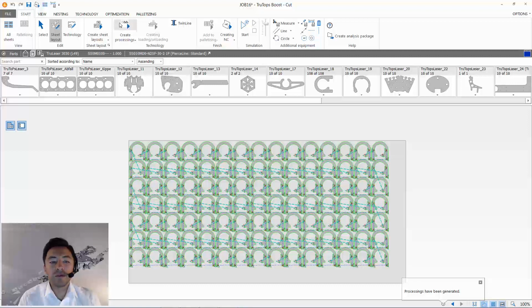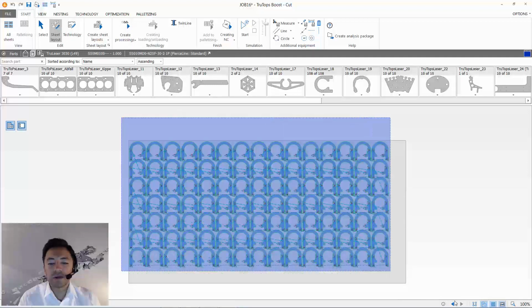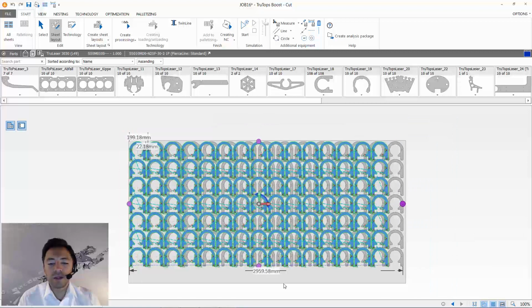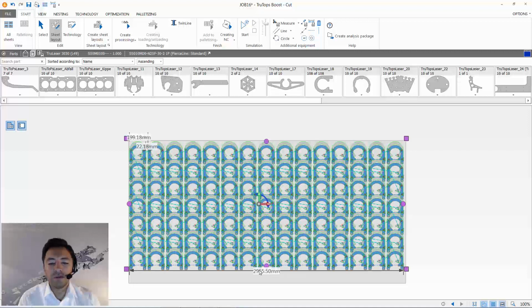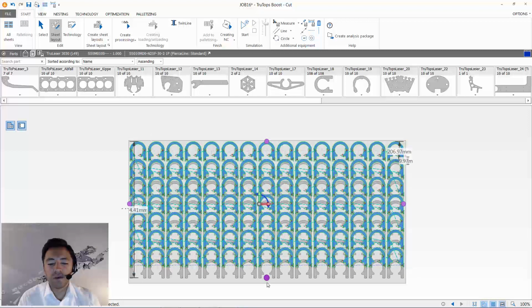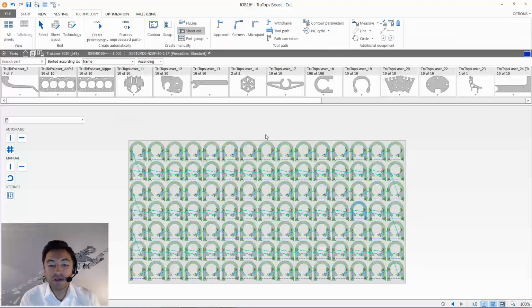so we have created the processing, and as you can see, if you, for example, modify the position and the distance between the parts, the technology is of course kept, and so after we have changed the distance, it's also very easy to insert